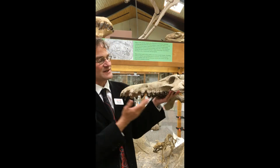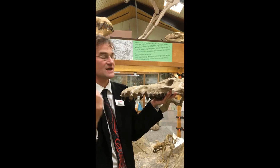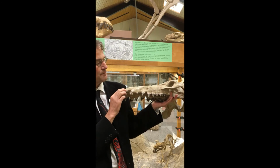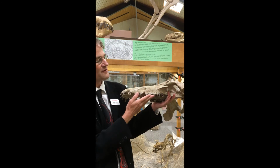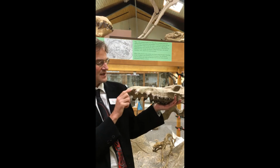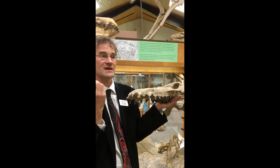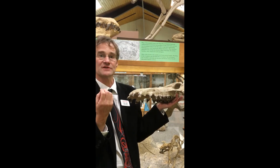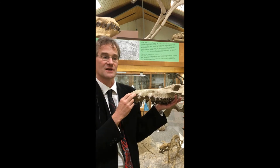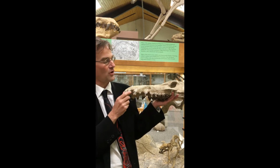And then we've got the teeth. The teeth are what give it its name. Entelodont means complete teeth because it has the full set of mammal teeth. All of the molars, all of the premolars, canines, and all of the incisors. I mention that because many mammals have reduced the number of teeth. An elephant, for example, has no canines, and neither do rodents, but the entelodont has kept that whole set of